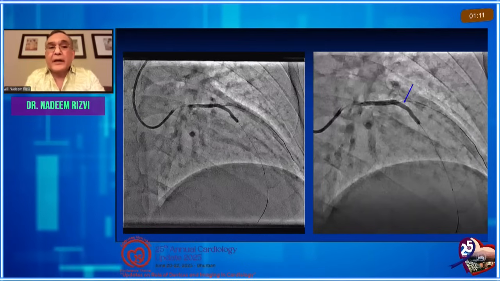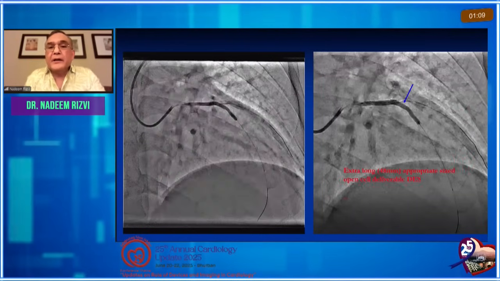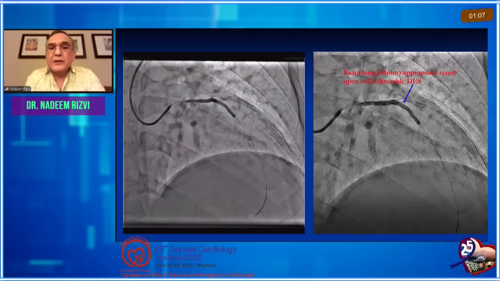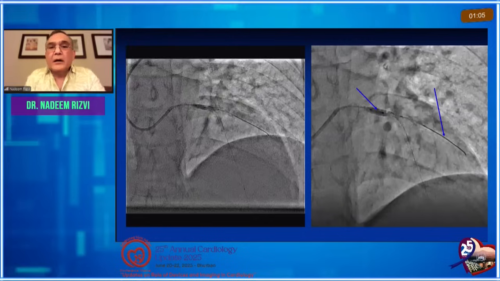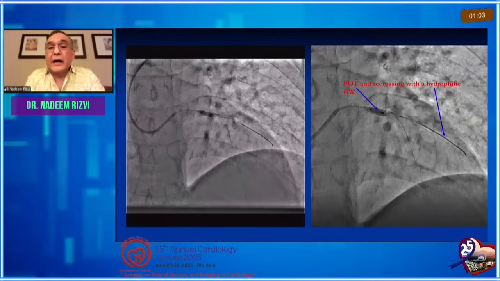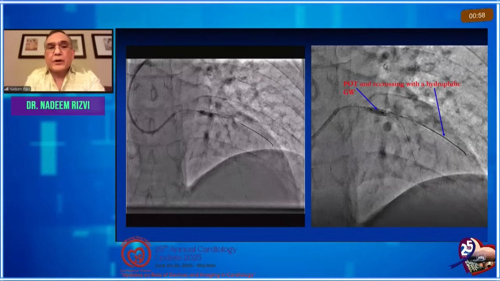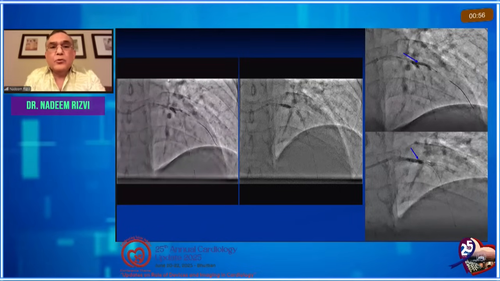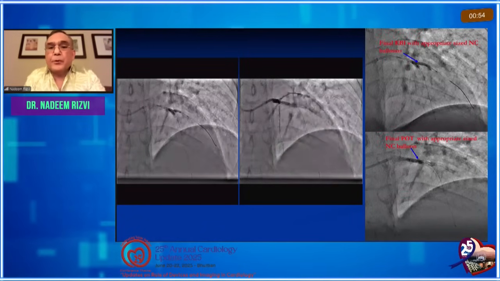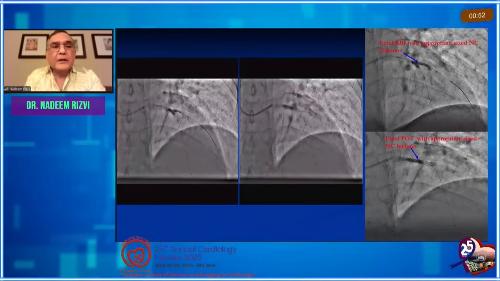Then an appropriate size deliverable stent, extra long, so that you can save some cost, and then you can POT and recross with a hydrophilic wire. Now, in this case, the normal wire would not go, so you needed a hydrophilic wire. So finally, you do final kissing with NCs and a final POT,